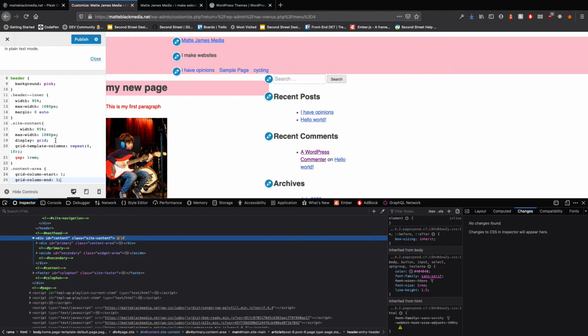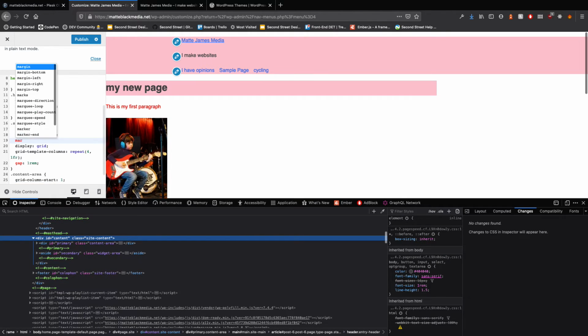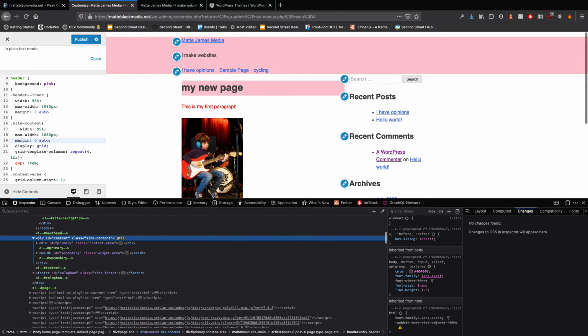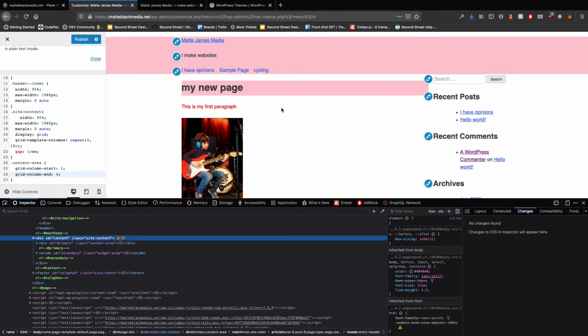And then back up here in site content, we'll just center this. We'll say margin 0 auto. Okay. I want this to end at line 4. There we go. Okay, so now I have the inner content of my header lined up with the edge of